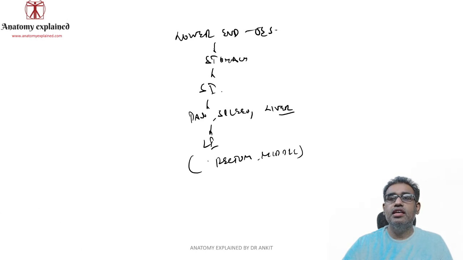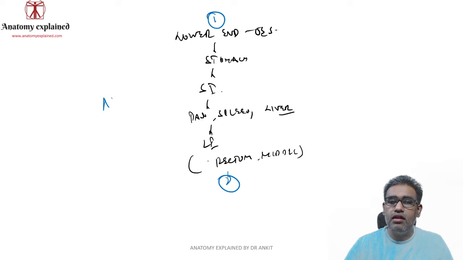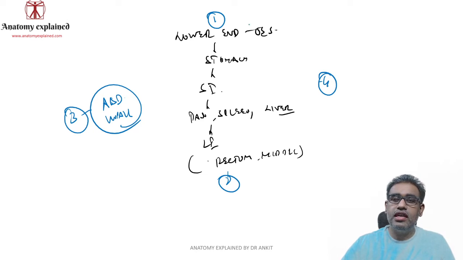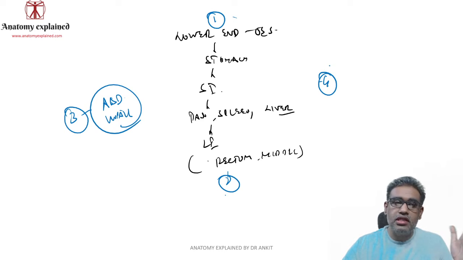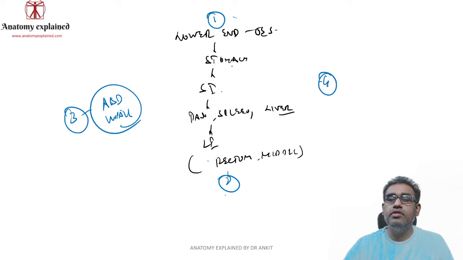So outside this you can easily imagine, here you will have the portal anastomosis at the two ends. Outside, in the abdominal walls, you will have the portocaval anastomosis, both in front as well as on the retroperitoneal side. So these are your few sites of portocaval anastomosis. Normally they are there, but as I told you, when there is some obstruction to the portal vein flow, the retrograde pressure is going to start. So now they become clinically important, and now we are going to understand these sites of portocaval anastomosis.